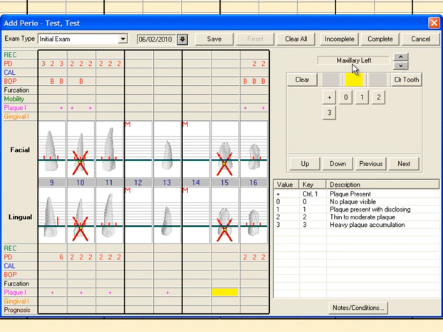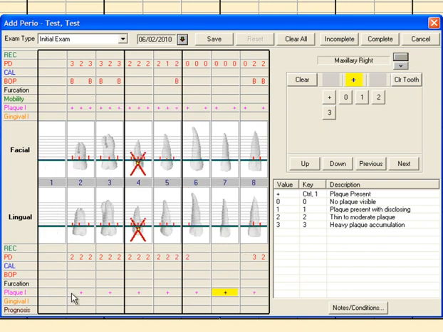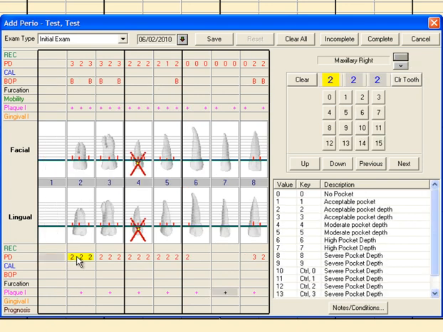When we've finished all the facials on the upper right and upper left, it will default back to the palatal aspect, and you will start your probing depths from the palatal aspect on the maxillary arch. So we've charted pocket depths or probing depths, maxillary arch. We'll go back, we'll record